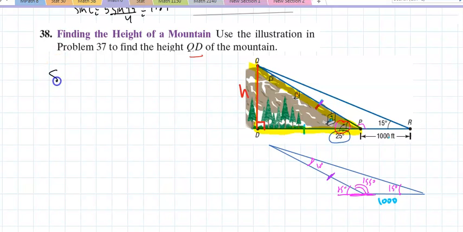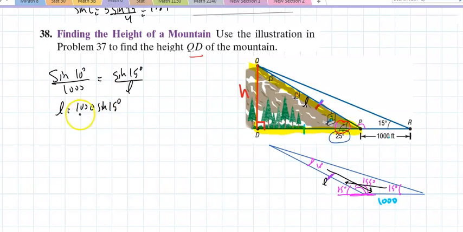So I could start by saying the sine of 10 degrees to 1,000, that's this part, equals the sine of 15 degrees to this side, I'm going to call it L. Well, L will equal 1,000 times the sine of 15 degrees divided by the sine of 10 degrees. L turns out to be,